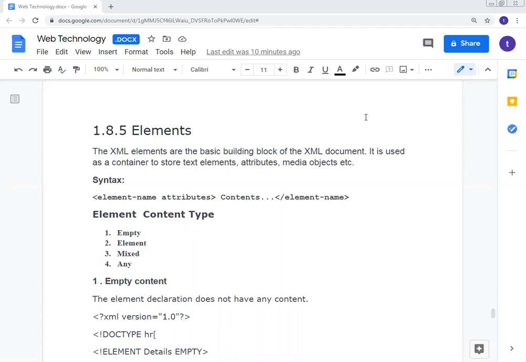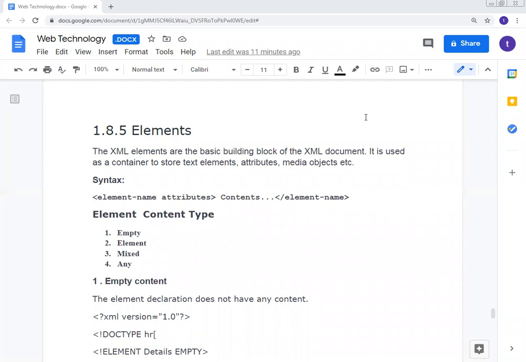In the previous lecture, we saw the previous content, and today we will see the element and XML element. Previously we saw the system identifier and public identifier. The system identifier specifies the location of external files, and the public identifier provides a mechanism to locate the DTD resources. So now let's continue today's topic.